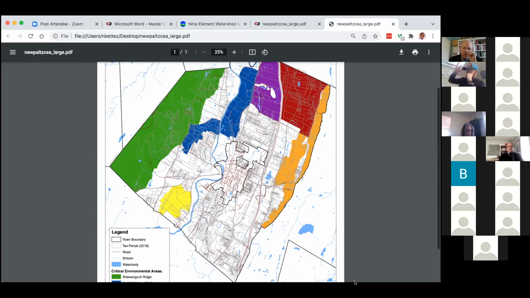Contrast that to calling this an overlay zone. If you were to adopt an overlay zone over this green area, you would, in the overlay zone itself, say local zoning, the underlying zoning still applies. You can still only do a single family house on that 2-acre lot or 5-acre lot. And you have to follow all the subdivision regulations and the site plan regulations. But in addition to that, we're going to come up with 15 additional standards that are designed to protect the specific ecosystem